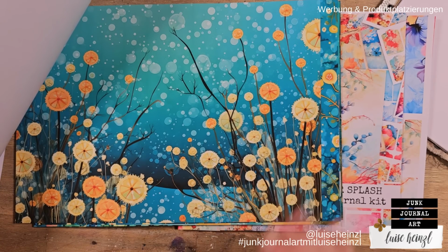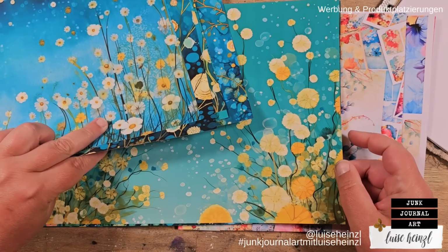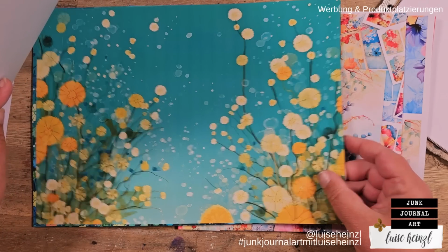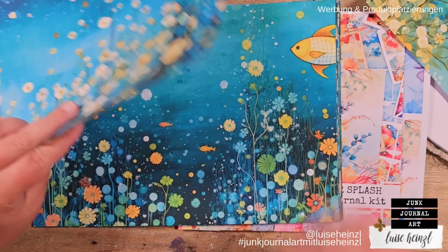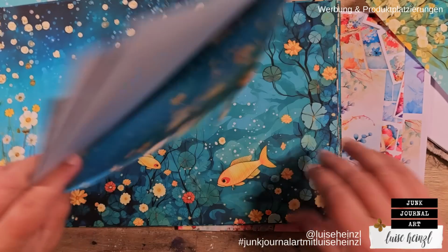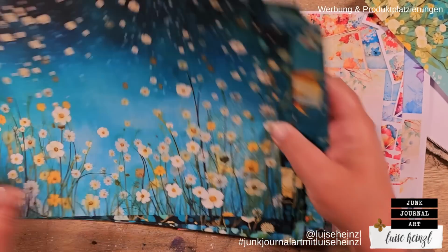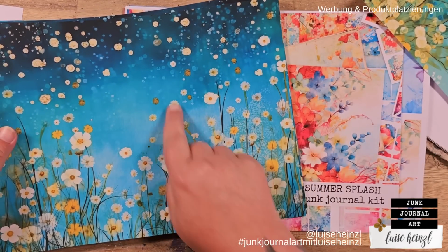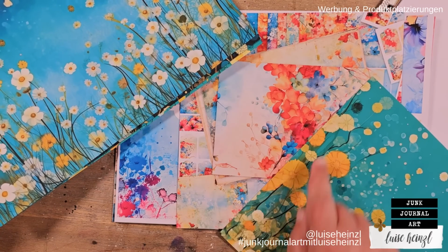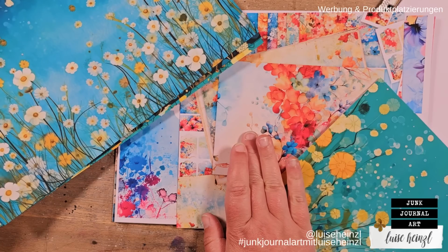This is, well, it really doesn't matter what you take. You can take what you want, but I think, shall we take this one? Let's see, because I want to combine that with the other kit. And I'm just thinking which of these background colors would fit the best here. I mean, both of these would fit to the other kit, but